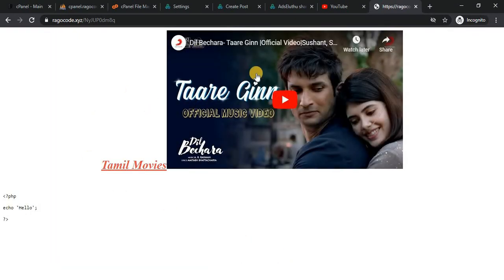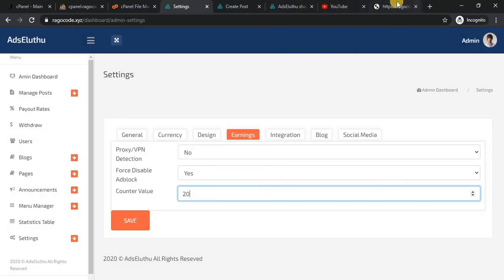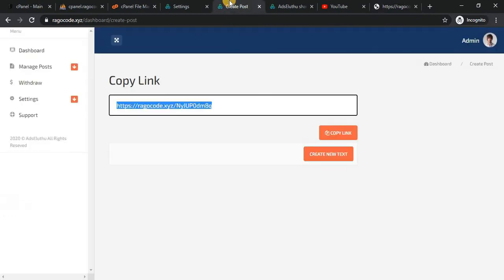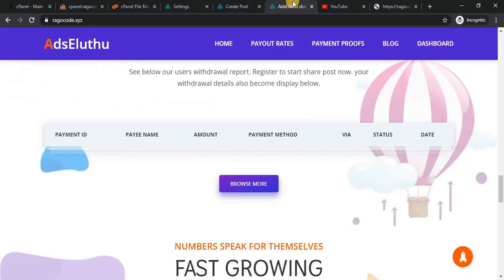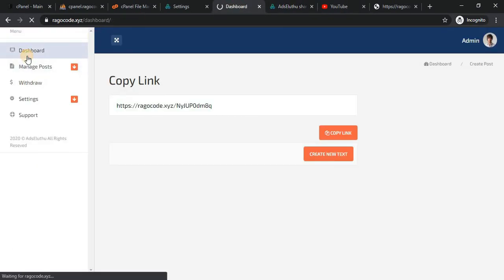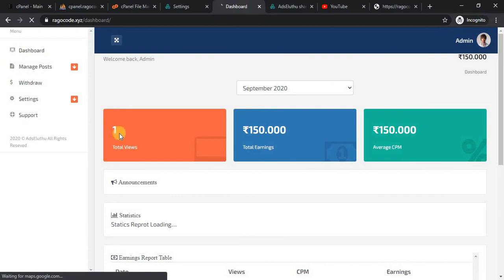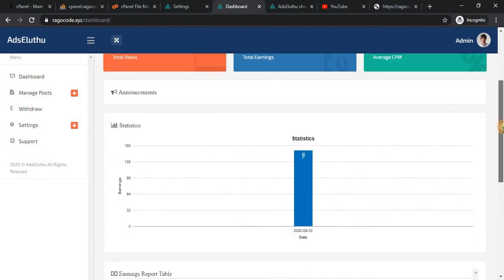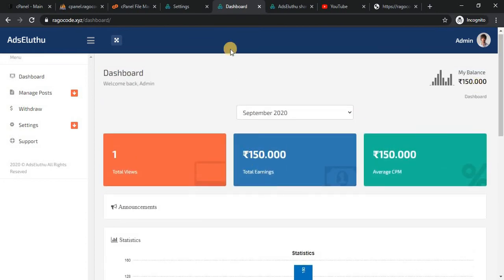The post I created will be displayed here. When I create the post and visit it, it will be counted in the dashboard. You can see one view, 150 Indian rupees. How do we calculate the 150?